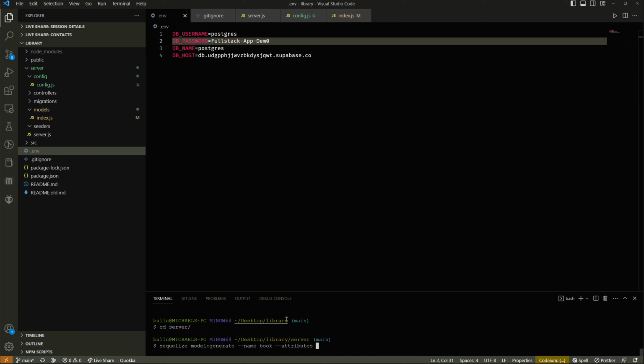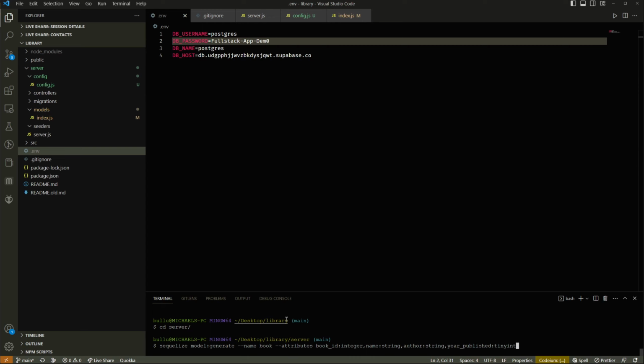And now we put our columns and their data types separated by colons and commas. Start with bookId:integer, name:string, author:string, and yearPublished: